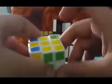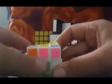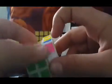Yippee! And now we do R prime, D prime, R, D. So R prime, D prime, R, D. We do it always in pairs. So R prime, D prime, R, D. Come on, twist. So I'm saying, yeah, this is correct. But what about this? Don't worry, once you have done the D move, don't do anything else except move the